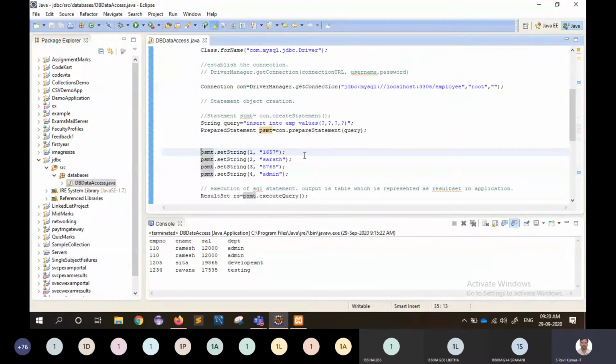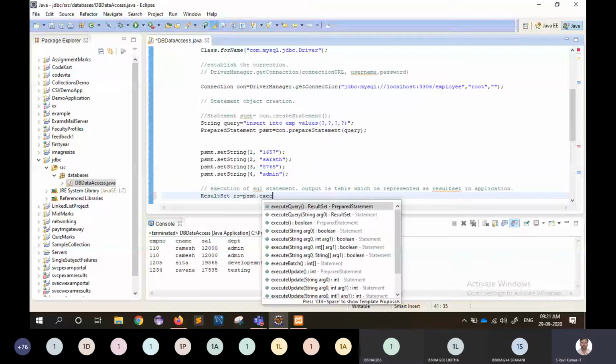Once you ensure that values are supplied to each and every question mark, you can execute the statement. But here we are using the insert into command, which is a DML statement, so don't use executeQuery method. What method do we have to use? Execute update, sir.